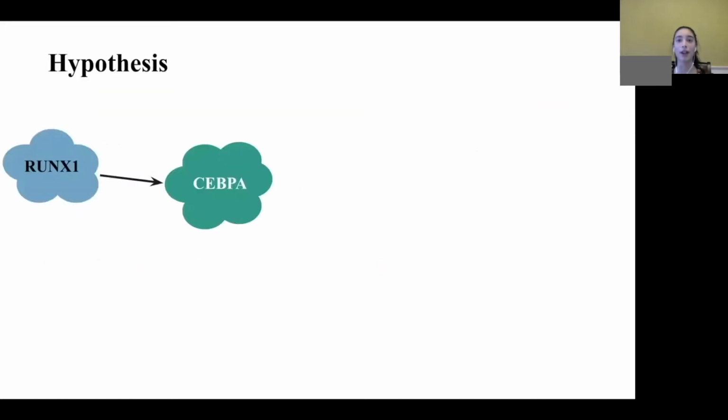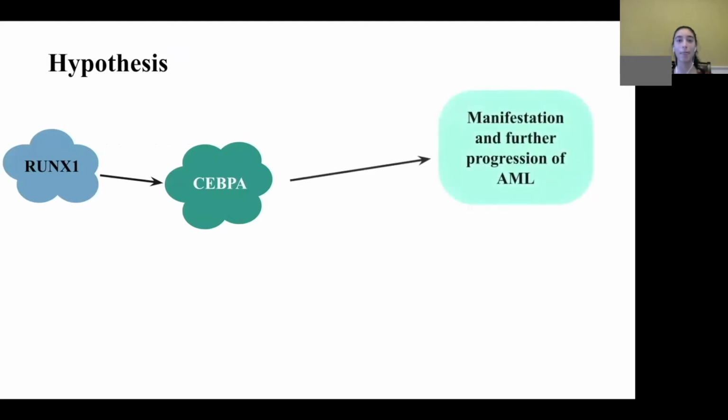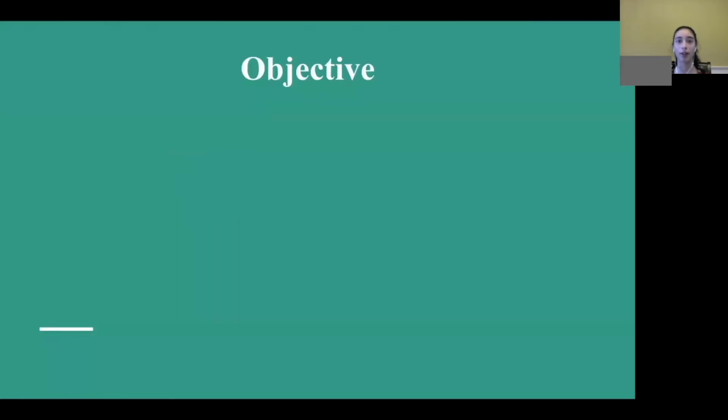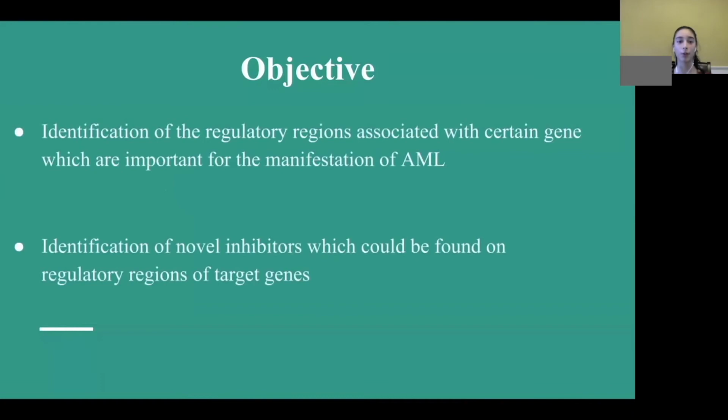Now that we got into what AML is, the genesis of my work, we can understand my hypothesis for this research project. My project was to recognize certain genes that cause the manifestation of AML. I researched the gene's direct binding and whether it was upstream or downstream of the target gene. I would then look for inhibitors that could be potentially used to inhibit the activity and in turn prevent AML from further developing. The objective of my research was the identification of regulatory regions associated with certain genes which are important for the manifestation of AML, and the identification of novel inhibitors which could be found on regulatory regions of